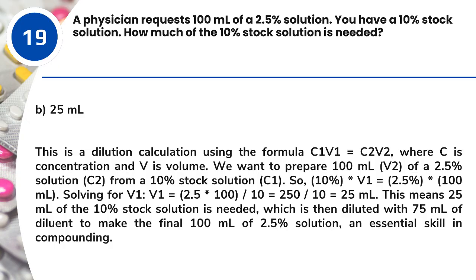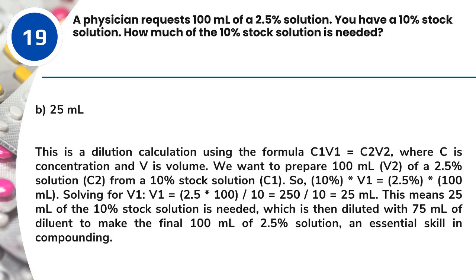Answer: B. 25 milliliters. This is a dilution calculation using the formula C1V1 = C2V2, where C is concentration and V is volume. We want to prepare 100 milliliters, V2, of a 2.5% solution, C2, from a 10% stock solution, C1. So, 10% * V1 = 2.5% * 100 ml. Solving for V1: V1 = 2.5 * 100 / 10 = 250 / 10 =